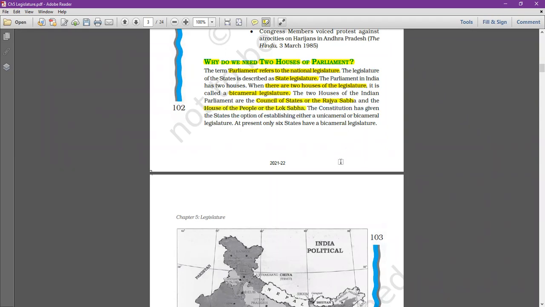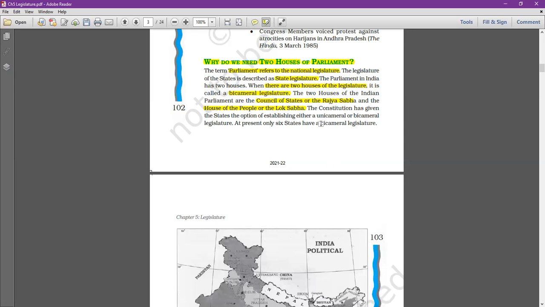The Rajya Sabha is sometimes known as the upper house, and Lok Sabha is known as the lower house. However, the real power is in the hands of the Lok Sabha, because the central government is formed with the majority in the Lok Sabha only, not in the Rajya Sabha. And you know, the money bill and the budget are also discussed in Lok Sabha, not in Rajya Sabha. Rajya Sabha can discuss the money bill only for 14 days. That's what we're going to discuss in our next topic.